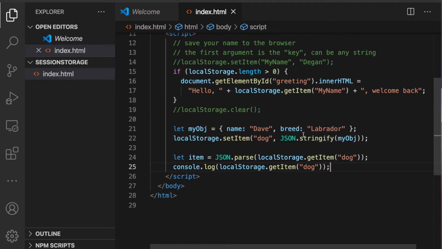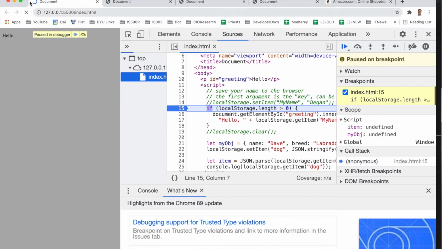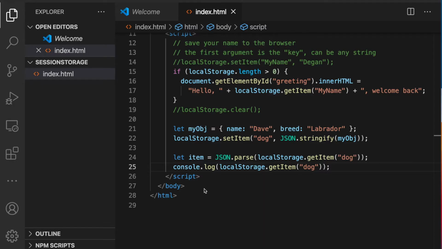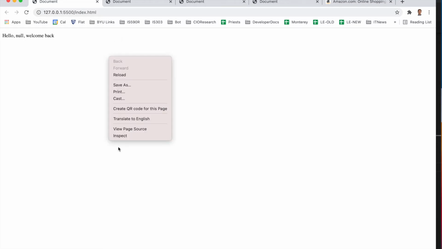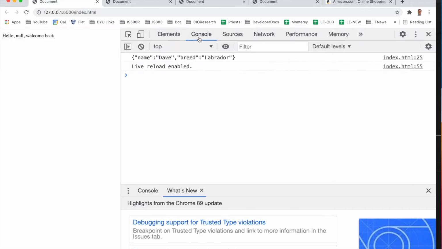So I'll hit save, and I'm going to come back over to here. Let me just close all these. Let's just close that, reopen it. There we go. There's no value there. Hello, welcome back, but there is another variable set, so it's kind of confusing the logic there a little bit. Inspect, let's go over to console, and we see something that looks very much like the object that we had